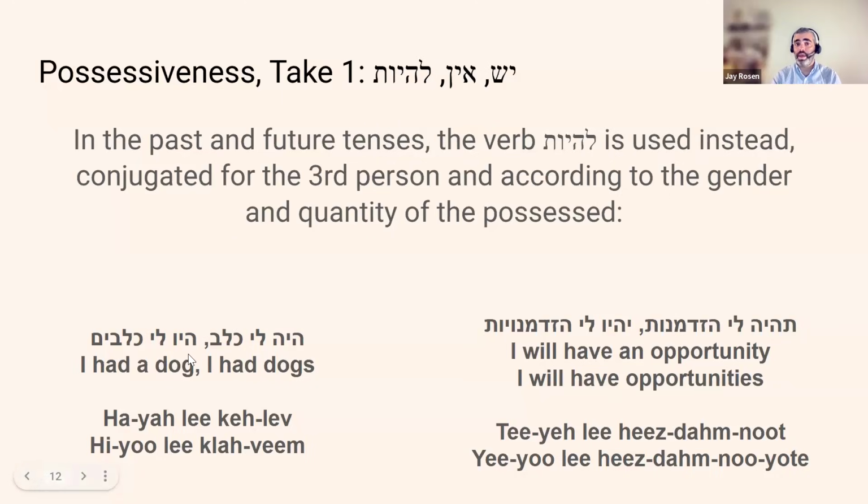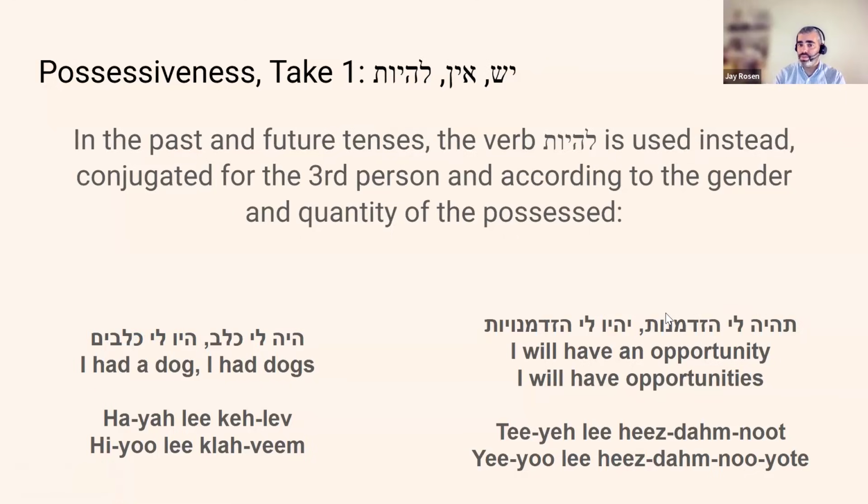Hayu li klavim. Now the verb has to agree with klavim, which is the plural of kelev, right? So dogs. So the verb has to change as well to be plural, from haya to hayu, and kelev to klavim. Okay? Has to be like that. And gender also works like that. If you look on the right-hand side,